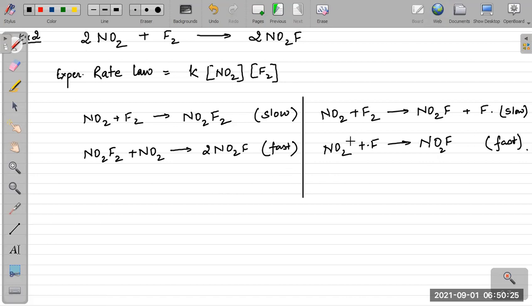Now this second, or B-type mechanism, compared to the A-type mechanism, is something which is more aligned to the perceived rate law. Why so? The simple thing is